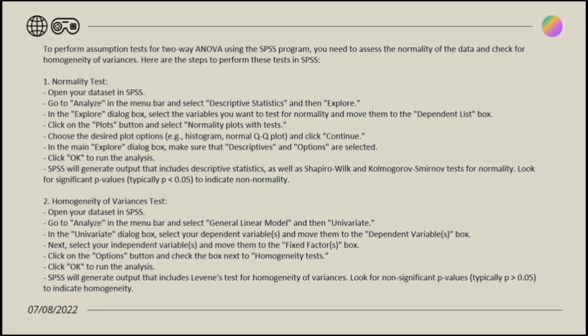In the main Explore dialog box, make sure that Descriptives and Options are selected. Click OK to run the analysis. And then SPSS will generate output that includes descriptive statistics. Look for significant p-values to indicate normality. And for the homogeneity of variances test,